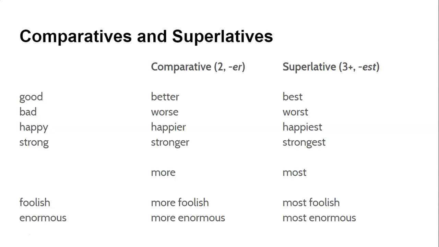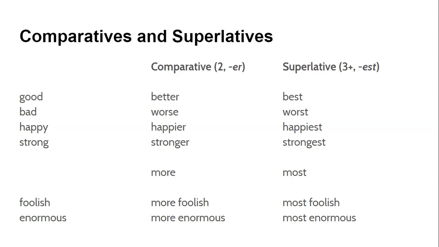So a comparative, you can see it comes from the word compare, is an adjective that looks at two things. So if you have two cats, you could say that my brown cat is happier than my black cat. Two cats, and you use happier, you use the ER form to compare them. If there's at least three, then you might use the superlative. My orange cat is the happiest of all three cats. So three or more, you get that est ending.